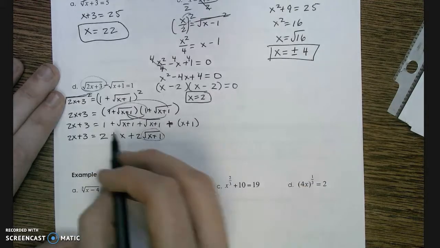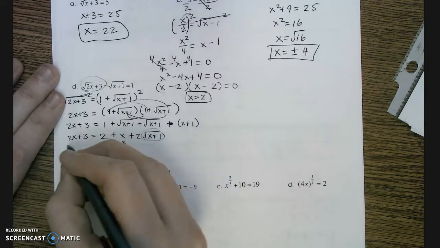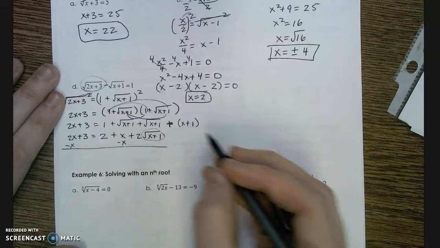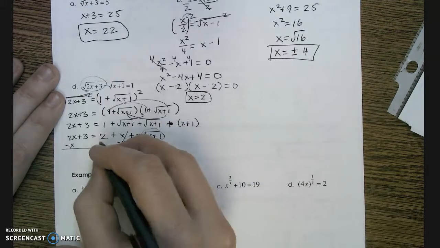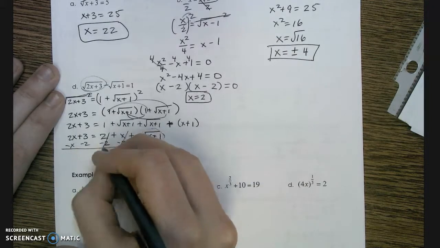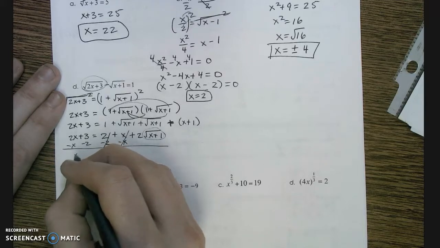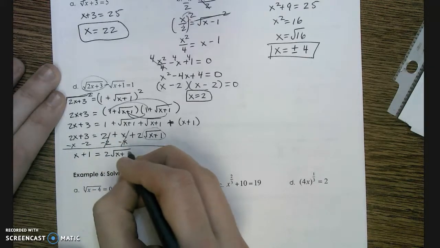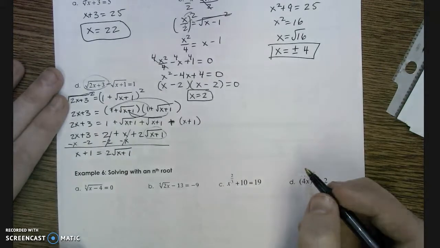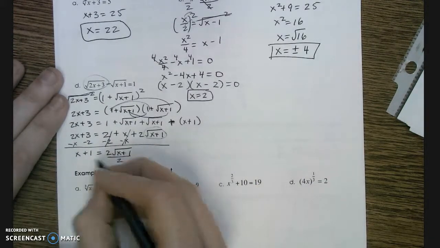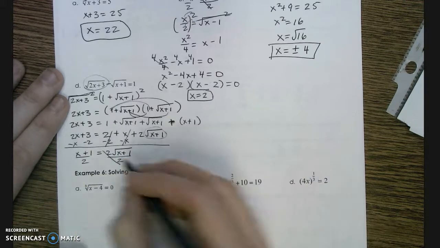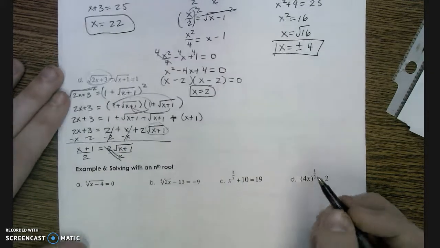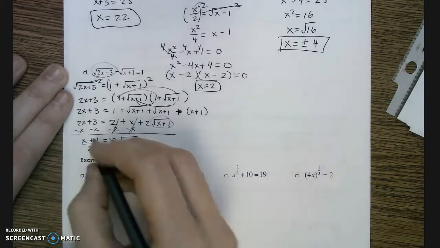So we're going to subtract this x to the other side. Also, let's subtract this 2 to the other side. So I've got now x plus 1 equals 2 rad x plus 1. And let's get rid of the 2. So that cancels the 2. And then now the radical is isolated, I can square both sides